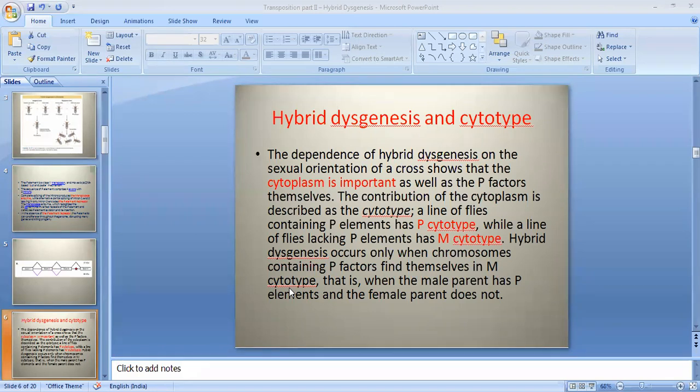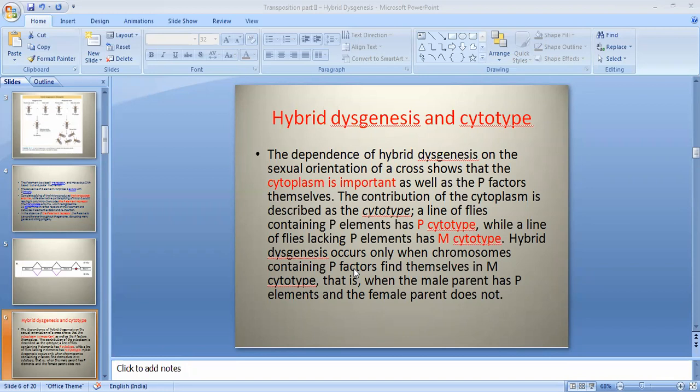Because a cell having P elements in its chromosome actually has P cytotype, P cytoplasm. Now, how do P factors find themselves in M cytoplasm? When a P factor is present in the chromosome, automatically the cell cytoplasm is P cytoplasm. The answer to this question is